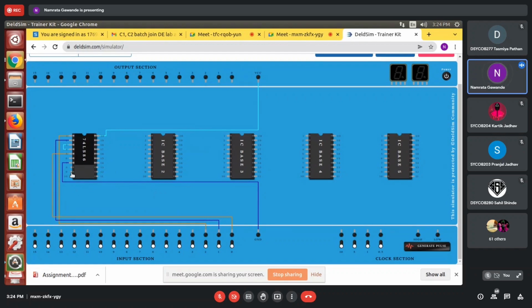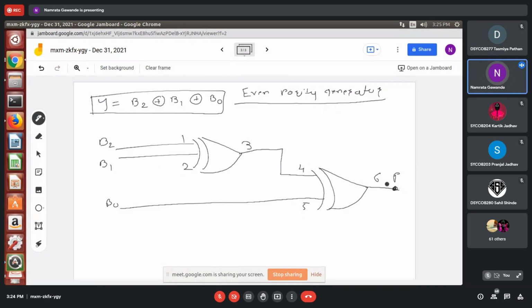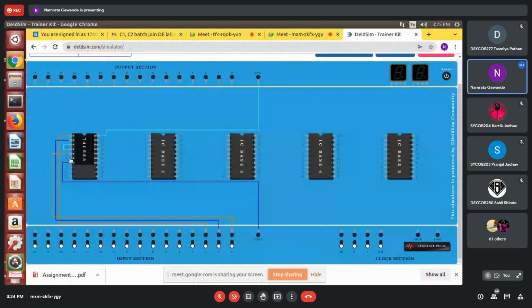That's it. Now, what is the output? Pins 4 and 5 are the input, and pin number 6 is the actual output where we'll get the parity bit. This much connection only is required.